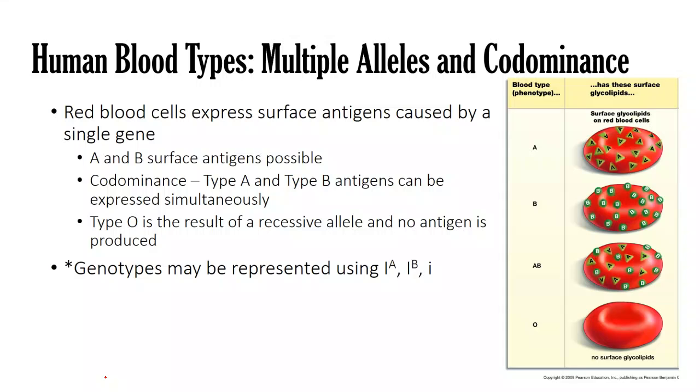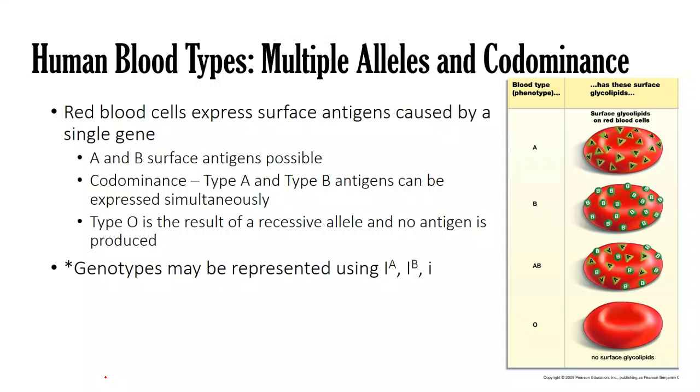And if you go to your packet for number 15, I have a little description of blood type, and you can kind of think about what this might look like. What's cool about blood type is we're thinking about red blood cells here. Red blood cells have surface antigens, which are basically just proteins embedded in the membrane of the cell. And this is coded for by a single gene, this specific type of, like, the ABO